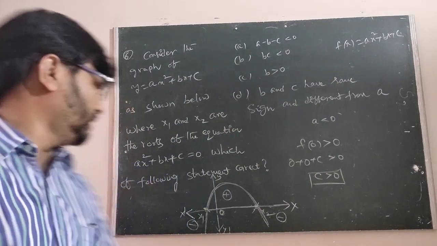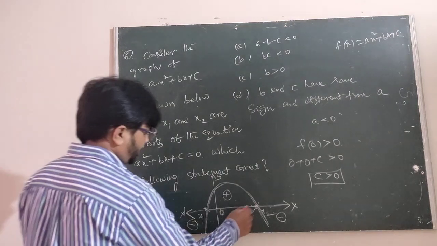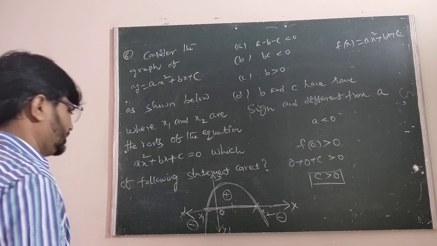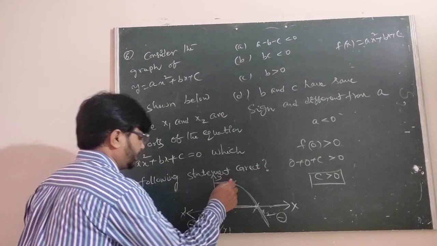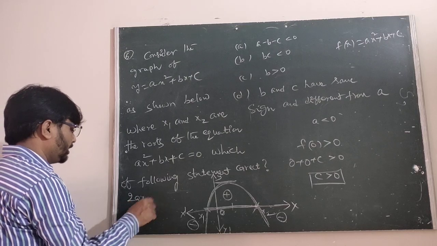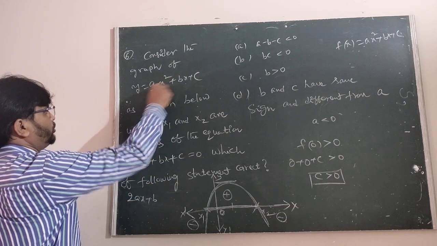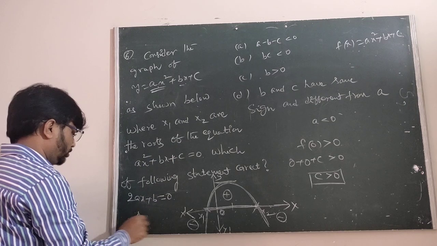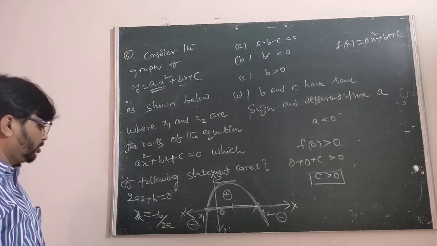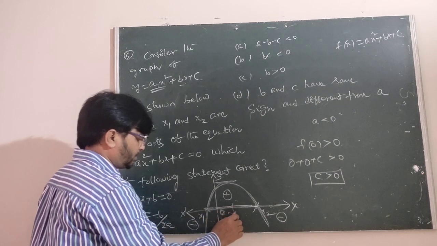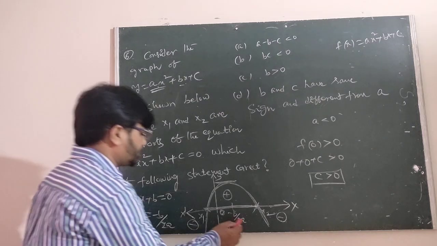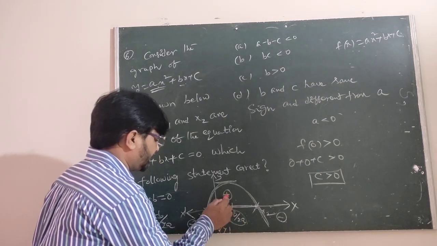What we observe here, we know that minus b by 2a is in between. Suppose we are taking this maximum, that means we take the differentiation 2ax plus b. 2ax plus b equal to 0 at x equal to minus b by 2a. Undoubtedly, that part is here, minus b by 2a.